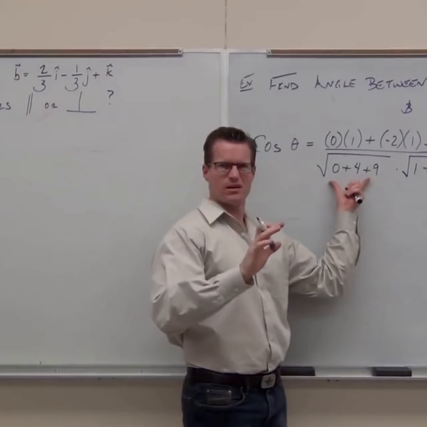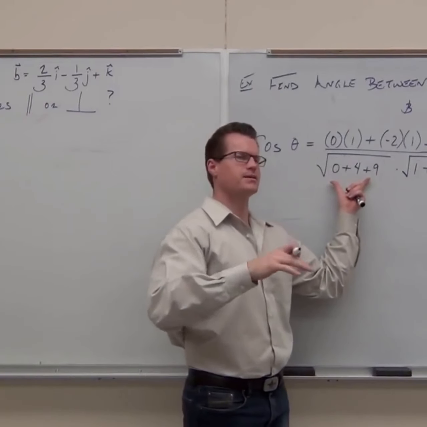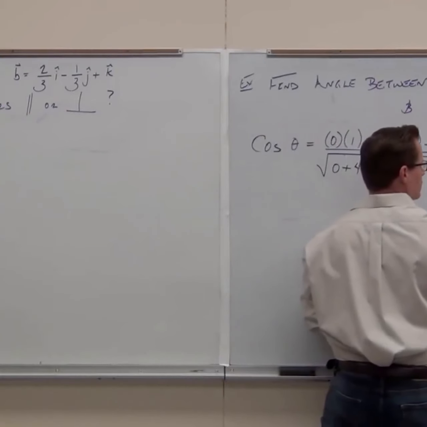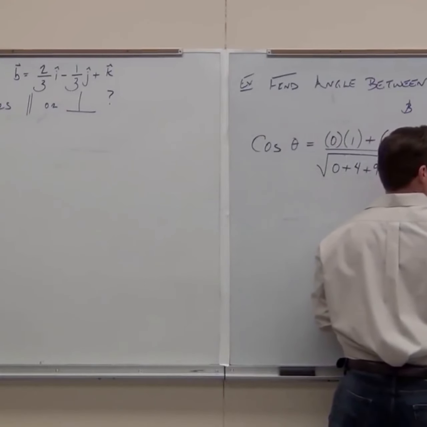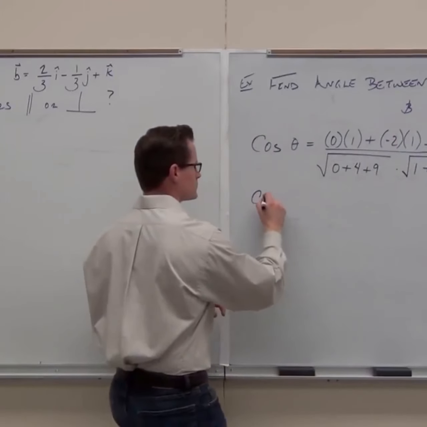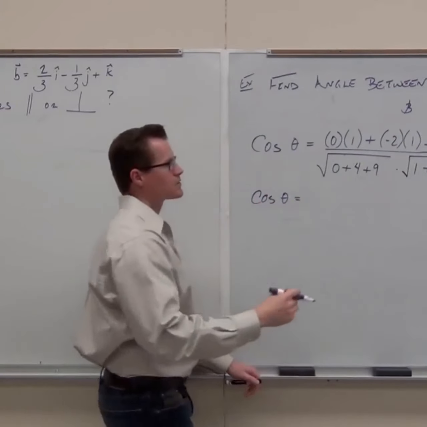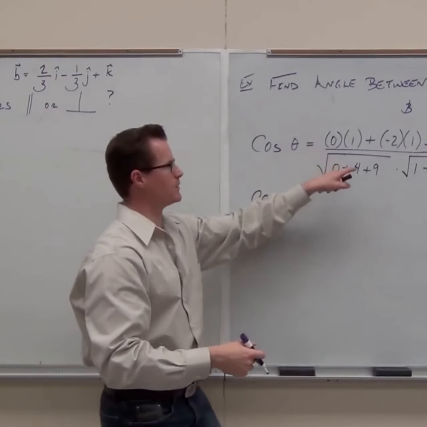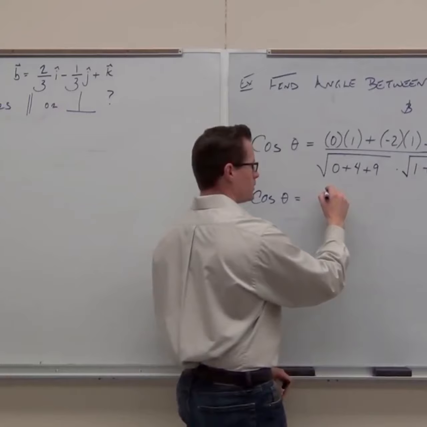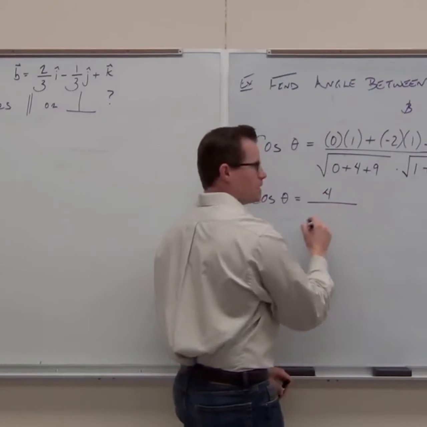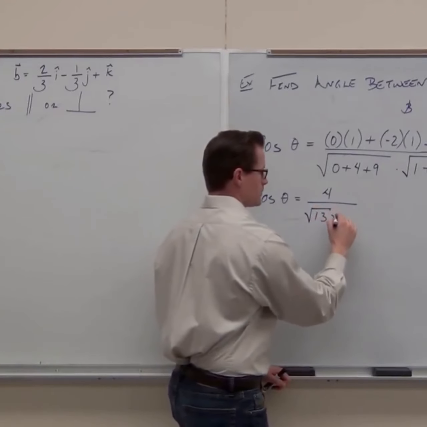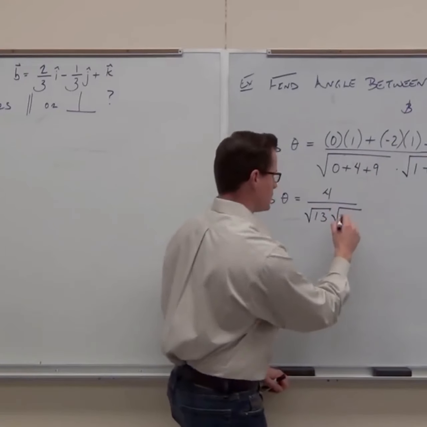What's this again? Oh yeah, it is a scalar, but what's it coming from? So if we do all of this, that's 0, that's negative 2, that's 6. How much do we get on the numerator? Denominator, we have the square root of, looks like 13, square root of